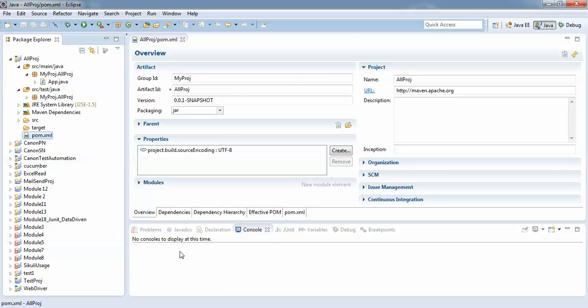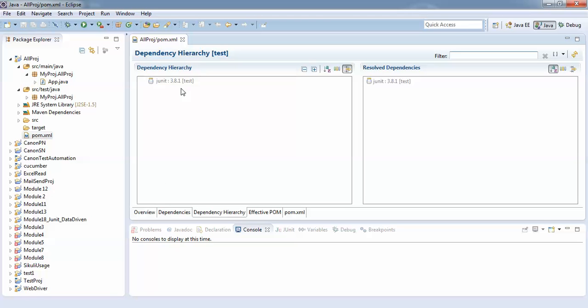In the pom.xml file you will find a number of tabs like dependencies, dependency hierarchy, effective pom, all these things. And this is JUnit having version 3.8.1. This is already auto installed. This jar file is automatically added to your project.